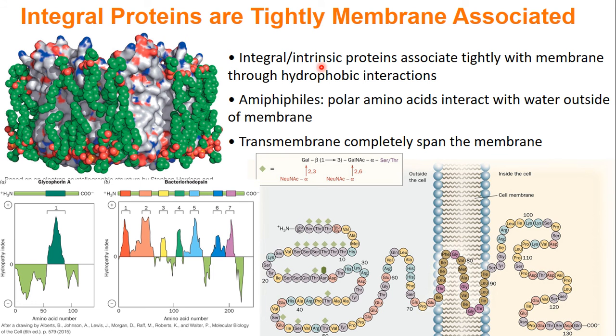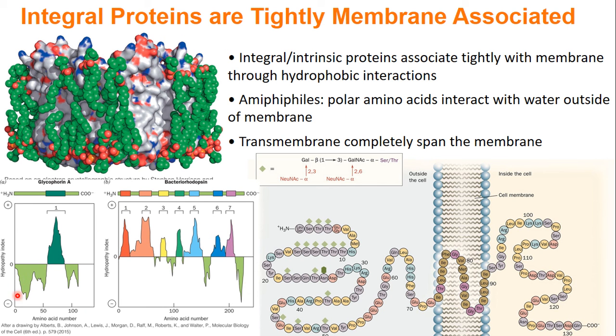So talking about proteins, we have different types of proteins that associate with the membrane. If you're integral, that means you are going through the membrane as shown in this image. So we have a portion that's hydrophobic and goes all the way through the membrane, and it's always associated with the membrane. We looked at these hydropathy indexes before, and basically high numbers means you're hydrophobic, negative numbers means you're